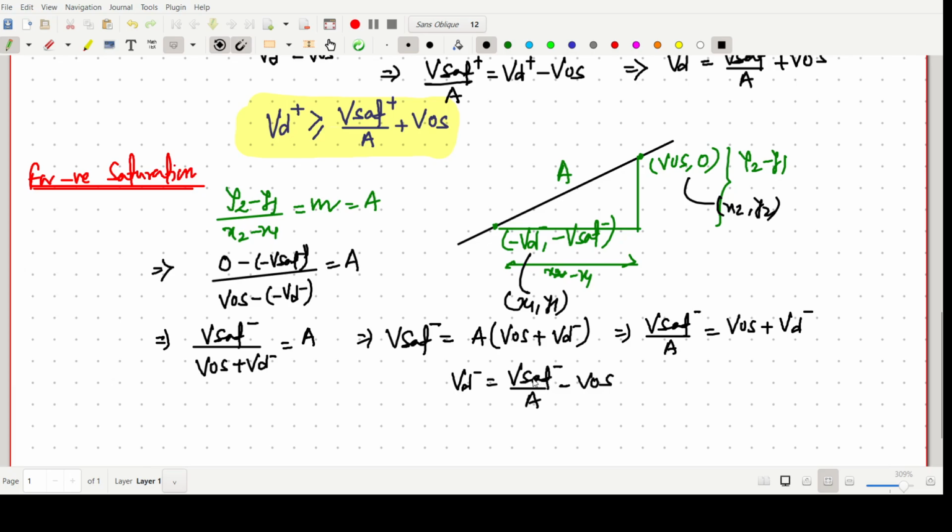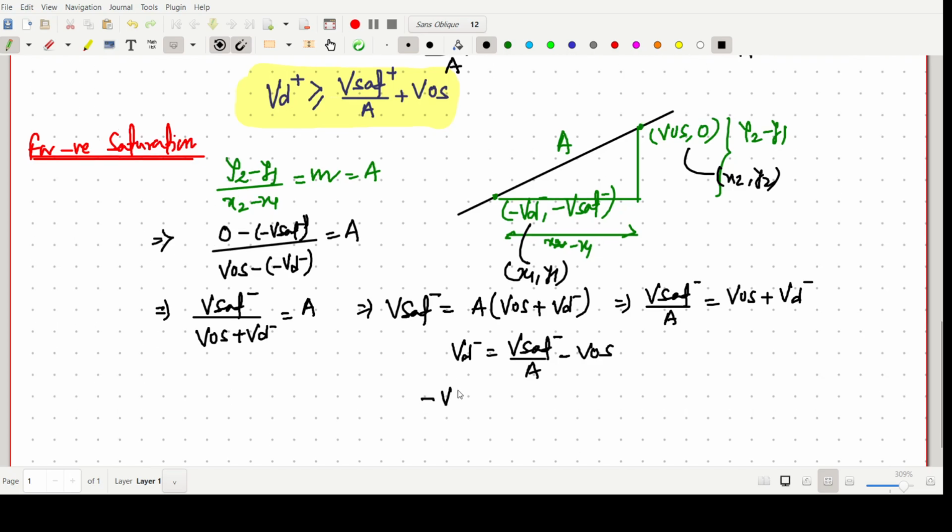So this one is the condition, meaning Vd minus equals Vset minus by A minus Vos. If we multiply with minus Vd minus, it will be simply our Vos minus Vset minus by A. So our condition, we can say,